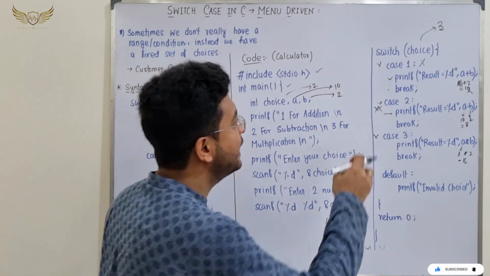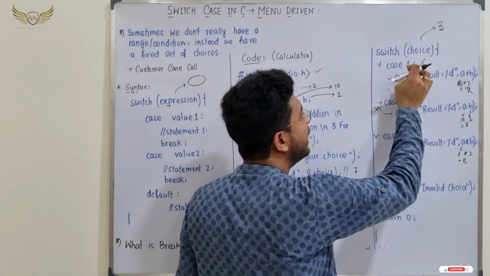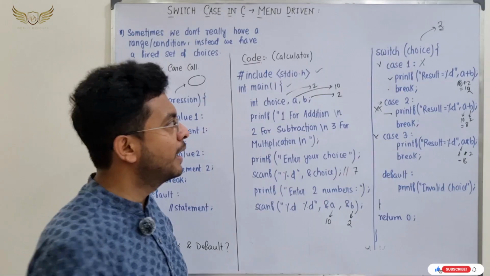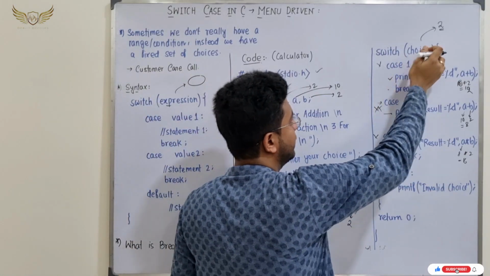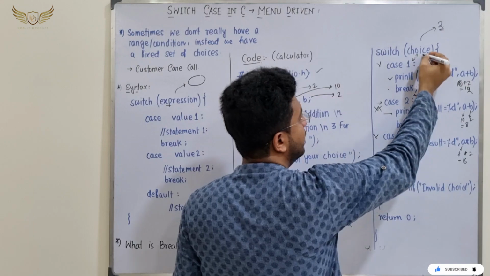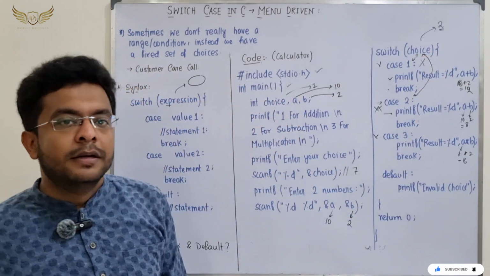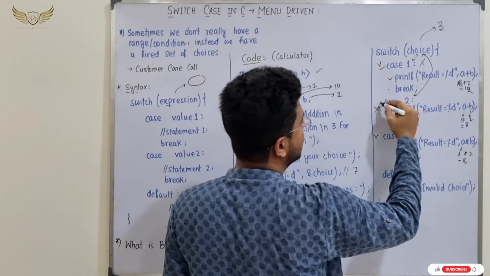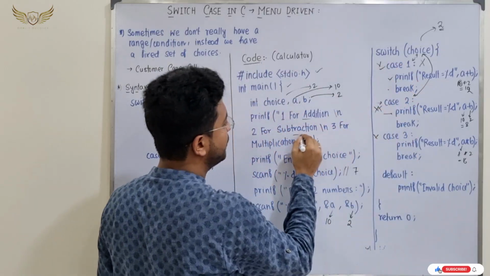So instead of simply writing case 1 or case 2, you can write case with some string as well. Case Monday, case Tuesday, case Thursday, and according to the value, it will be matching here. Correct? Now, if you have seen, I have already given case 1, case 2, case 3, that is addition, subtraction,